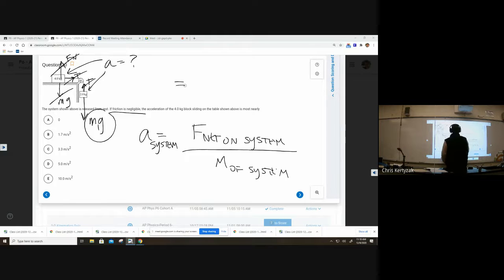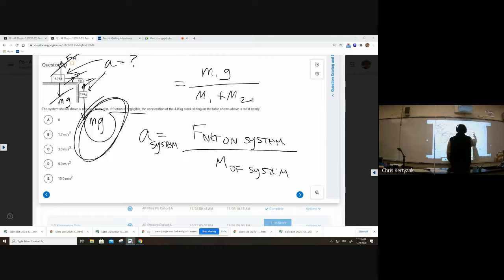So the net force, the only unbalanced amount of force, is that. And the mass of the system is just the sum of those two masses. This is the acceleration of the system. Doesn't matter who they asked for. The acceleration of the guy on top of the table, the acceleration of the guy that's falling, doesn't matter. It's the same acceleration. They gave us the mass of